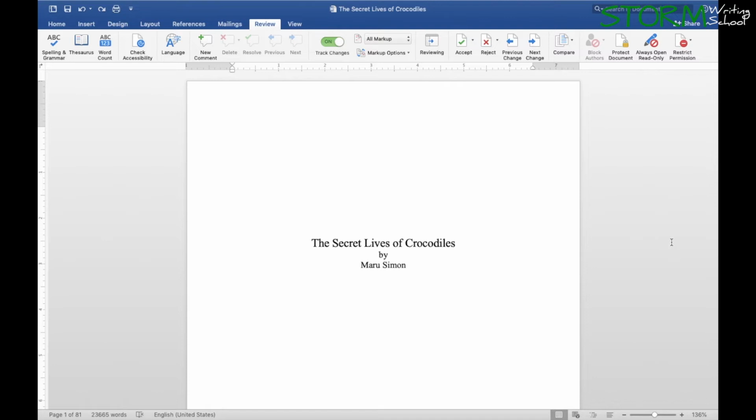The first thing I want to go over is keyboard shortcuts. I'm on a Mac here, by the way, using Word for Mac 2016. There are some differences in the PC version, obviously, and previous iterations of the software also have some differences. But this is really more about the concepts than the technical know-how, the various concepts of how I've made editing more efficient because I do a lot of it.